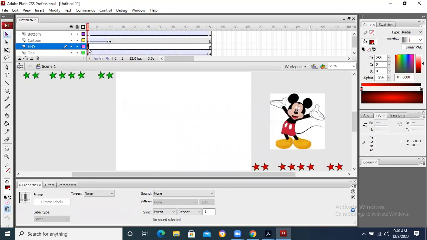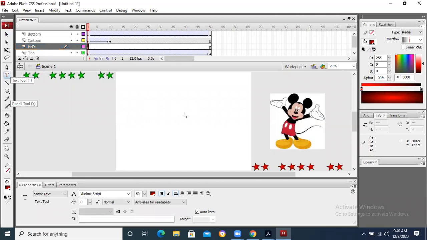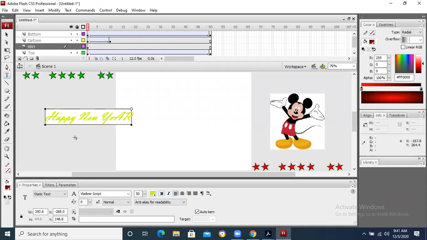Now what I am doing, I am on frame 1. I want to type some text. And I am typing over here Happy New Year. Okay, this is the text that I have typed.